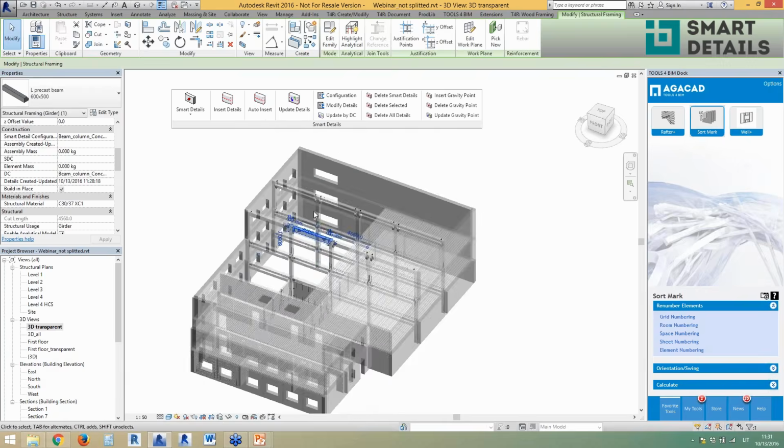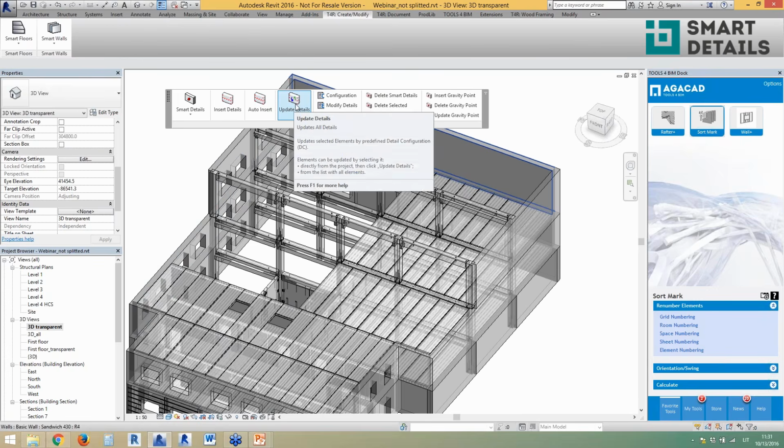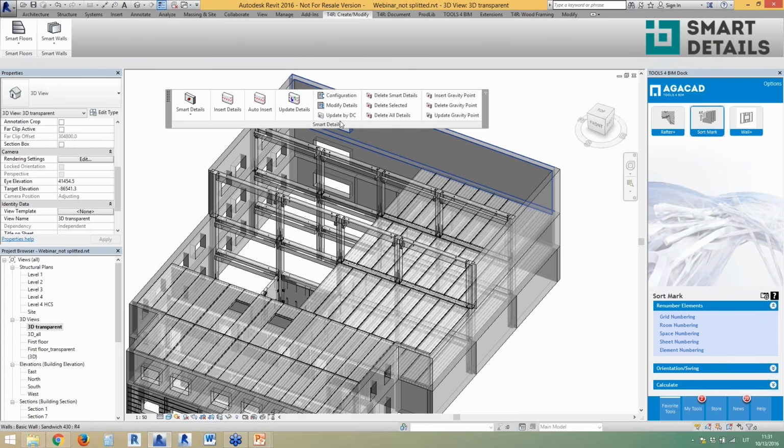Okay, so in this case, what else can we do with this command, with this tool? You can update details. You can update by configurations, so you can update by instance configurations and by global configurations. You can also choose to